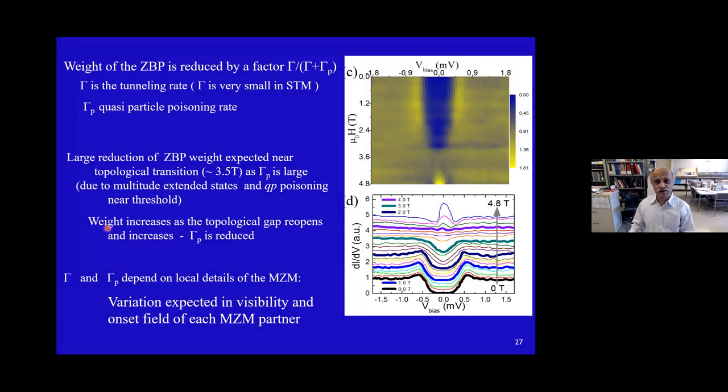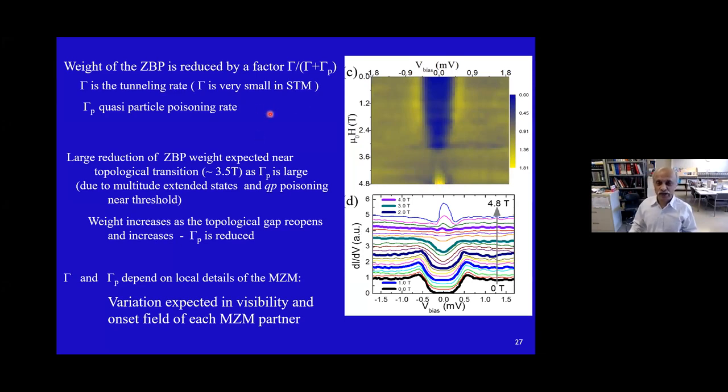Now, in order to see the transition from the hard gap state into the topological gap state, we can do a very fine scan of the magnetic field. This is a 2D plot, as you can see here. From the hard gap, as the applied magnetic field increases, you can see the gap closing and then gap reopening. Unfortunately, our field is just about enough for what we have there. It cannot go any further than that. So you barely have opened the topological gap. In the middle, you can see this Majorana zero bias peak.